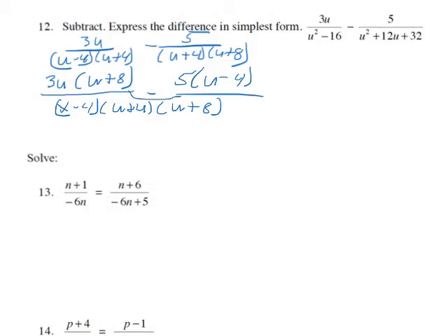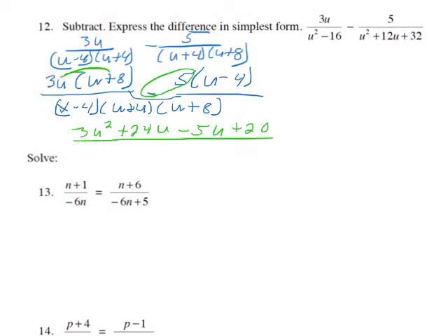Now, we're going to add the numerators, but in order to add like terms on the numerators, I have to get rid of the parentheses. So, we're going to distribute in here. It looks like right here I'm going to get a 3u squared plus 24u. Now, notice that was a negative 5 there. So it's going to be minus 5u, and then I take a negative 5 times negative 4, which gives us a positive 20. All over top of this,